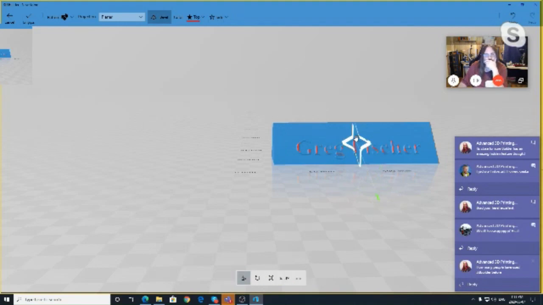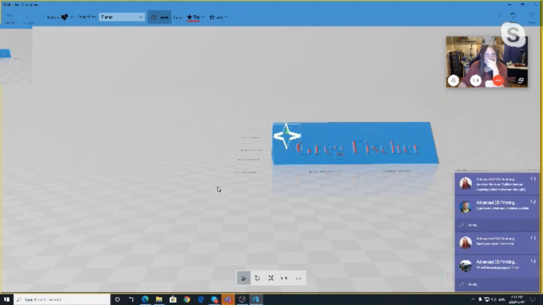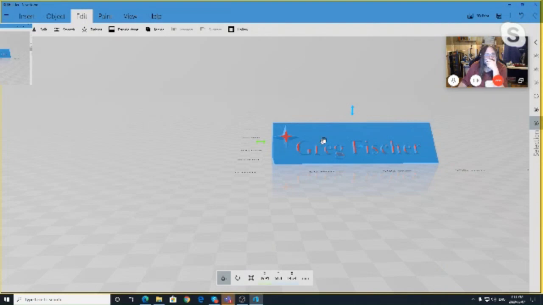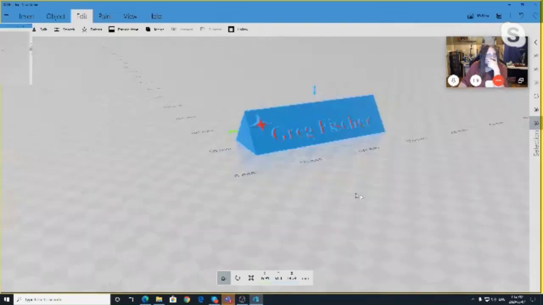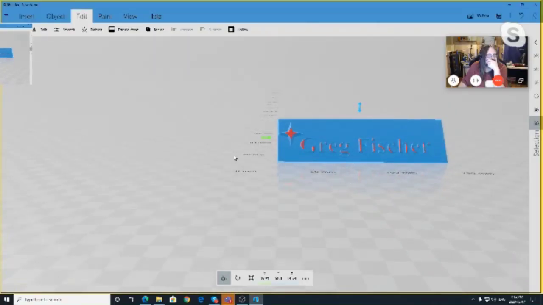And then I can move my star pretty much anywhere I need it. And then I can emboss that as well. So now I've got my star and I've got my basic nameplate. Then once I get my basic nameplate done,